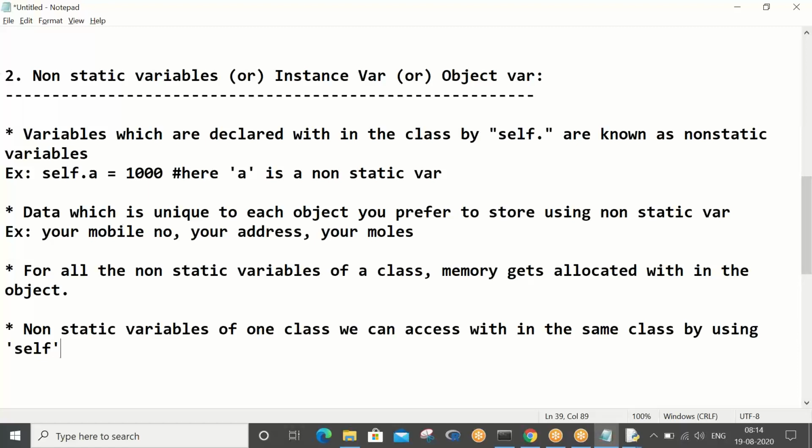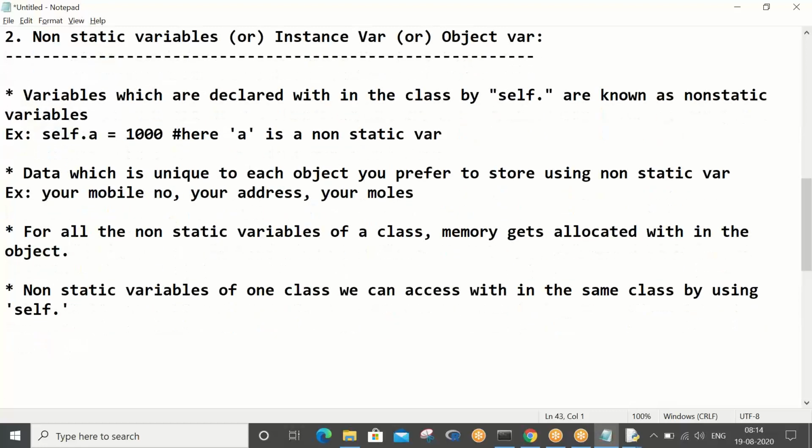Obviously, self dot we will put. So in the class you have to put using self.